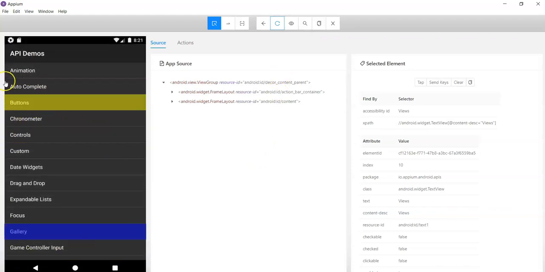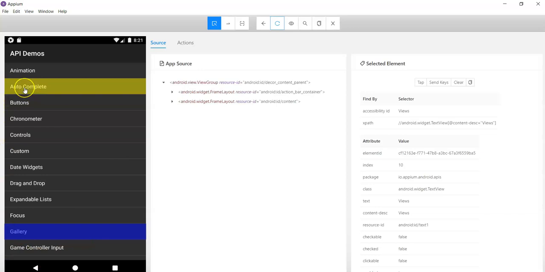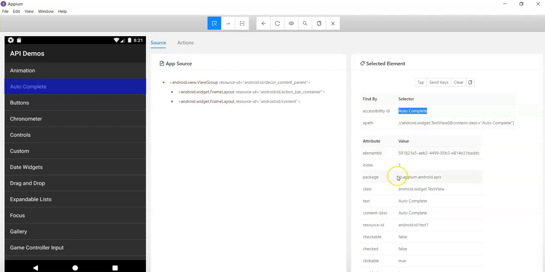Now if you want to identify the locator for autocomplete, simply click on autocomplete. You can see the locators for the autocomplete control: accessibility ID, package name, class name, text, content desc, resource ID. So in this way you can identify the locators in the app installed on an emulator or real device.